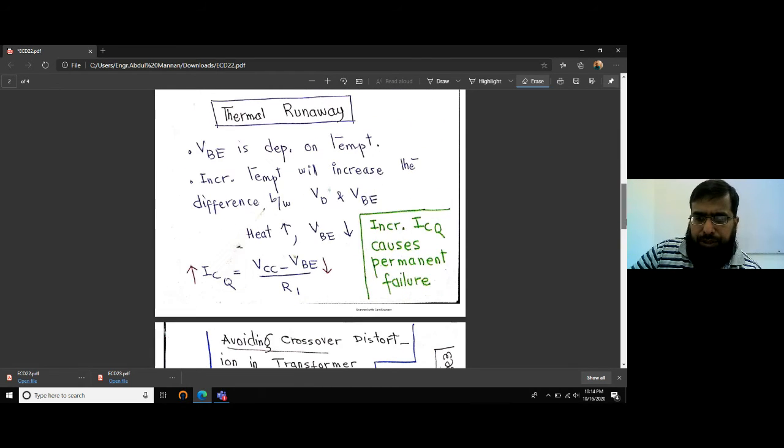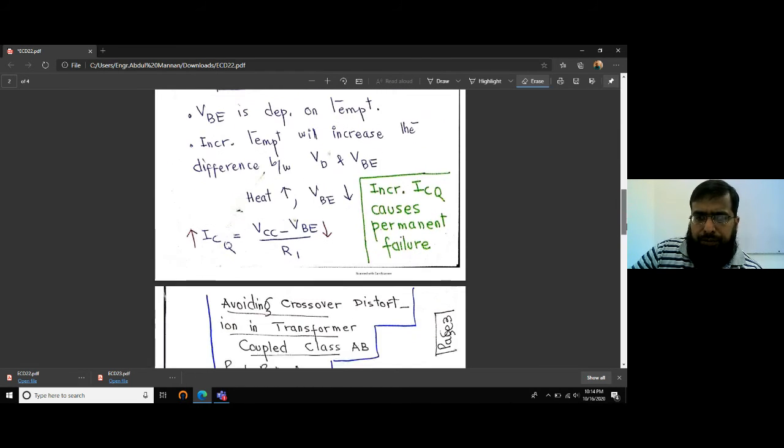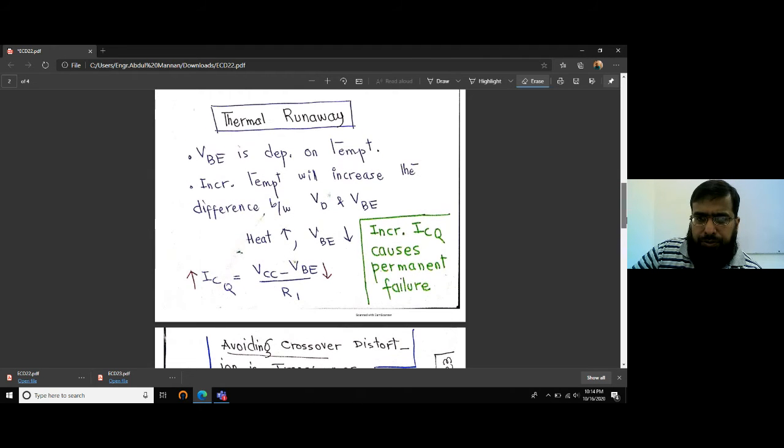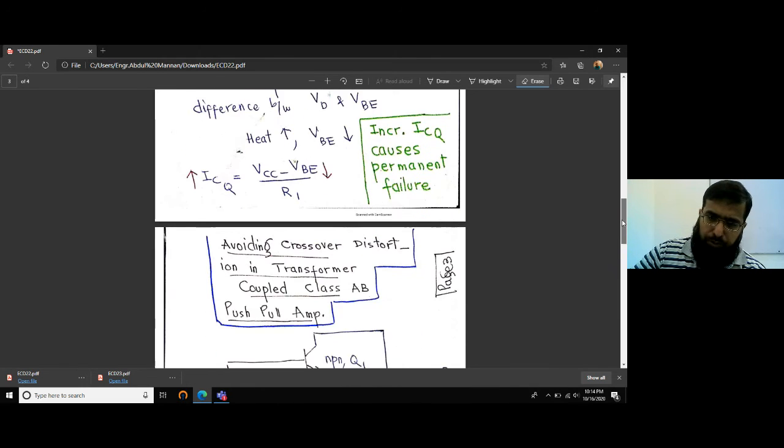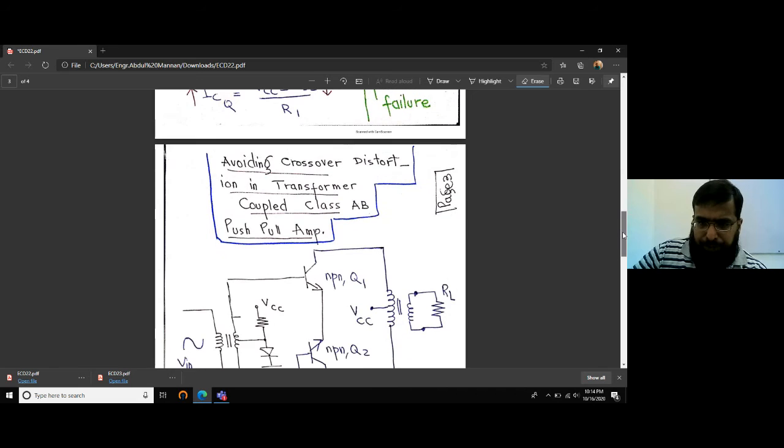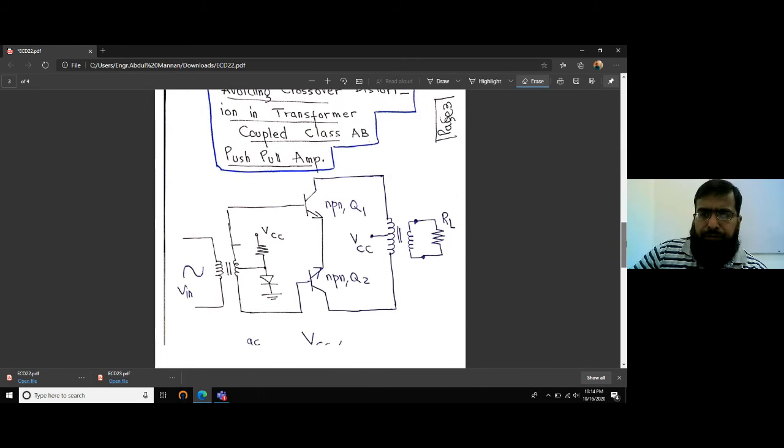We have a constant current ICQ, and if it increases due to thermal imbalance, it increases vertically as a vertical line. We'll see that. So increased ICQ causes permanent failure because the current increases without bounds. We'll see how. So avoiding crossover distortion is possible even for this transformer coupled circuit by